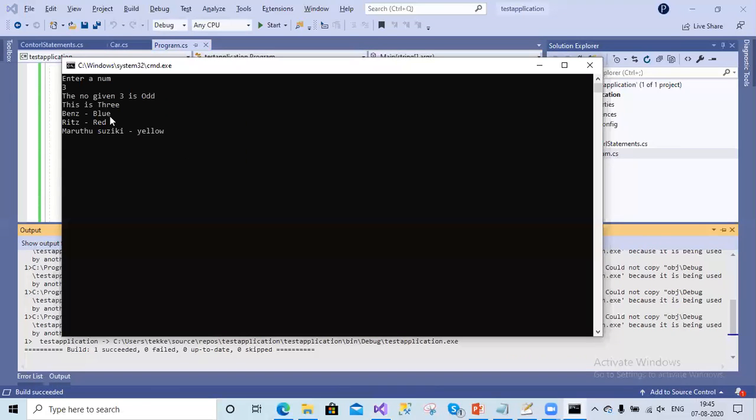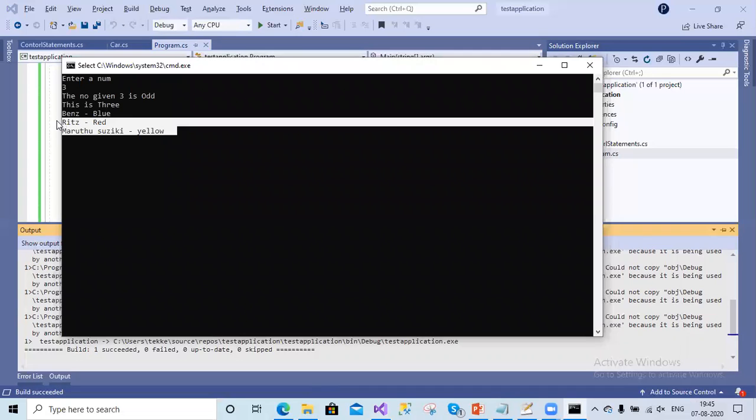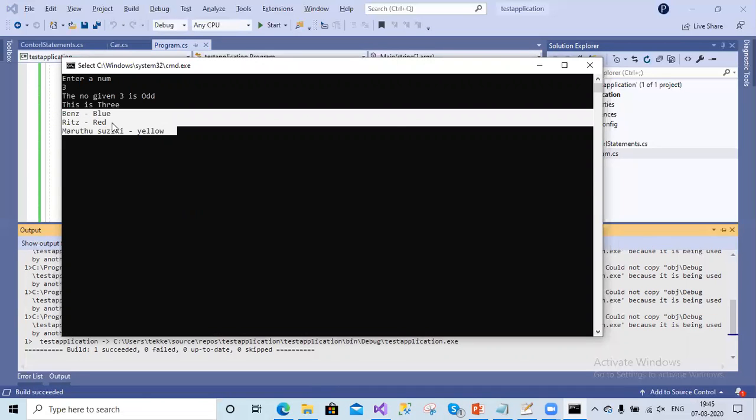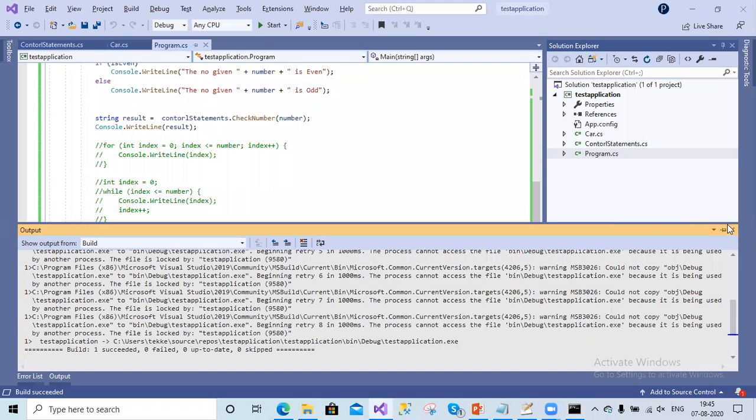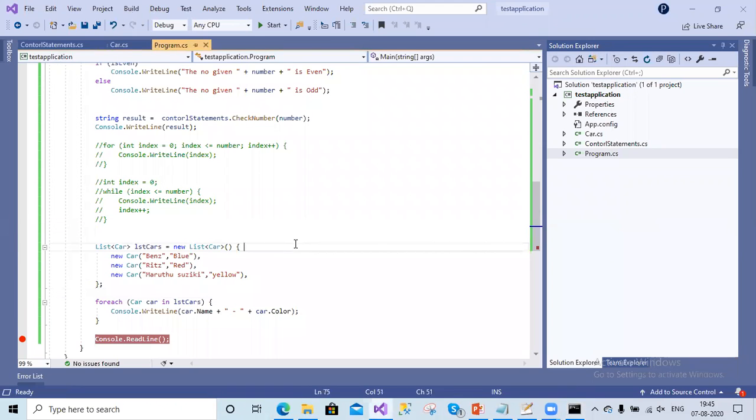Okay, so see, we are iterating the list of cars here. Similarly, we will iterate the list of data which we get from the database by using ADO.NET, and that data we can display in the browser or in the Windows application.